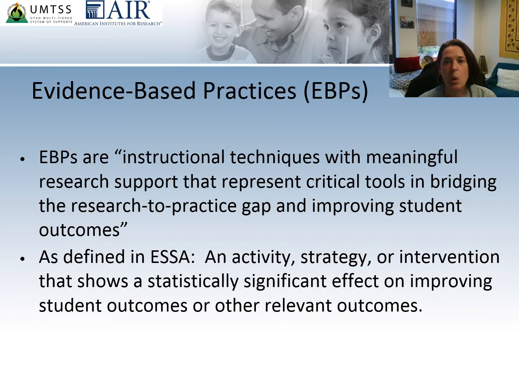Moderate evidence comes from quasi-experimental designs. These are similar to RCTs in that there are treatment and control groups and pre- and post-assessments, but the big difference is that these designs do not randomly assign participants into treatment and control groups. The last category is promising evidence. Evidence would come from studies that are correlational in nature, meaning that they are non-experimental, but a researcher is measuring two variables to assess the statistical relationship between them without controlling for other variables. As an example, they might be looking at the relationship between technology use or access and student mathematics performance.